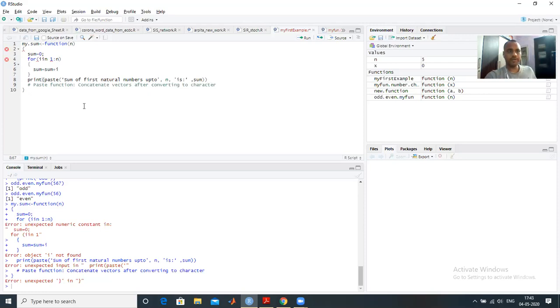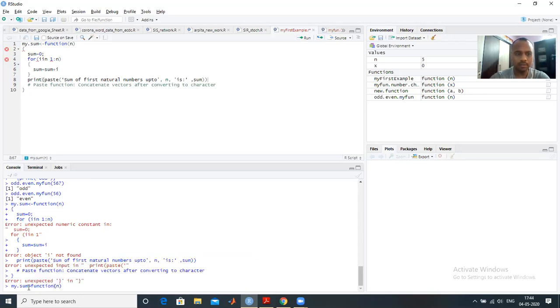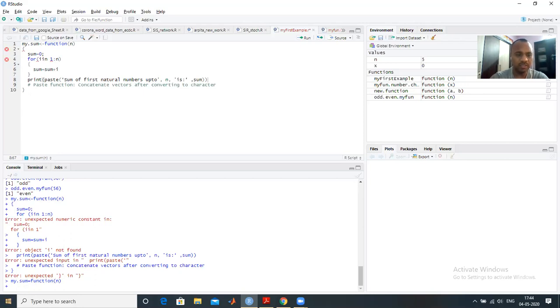Otherwise, we can write it as this function again. I can write it here, no issue. So my.sum equals function(n), and the plus sign is for R expecting more inputs.